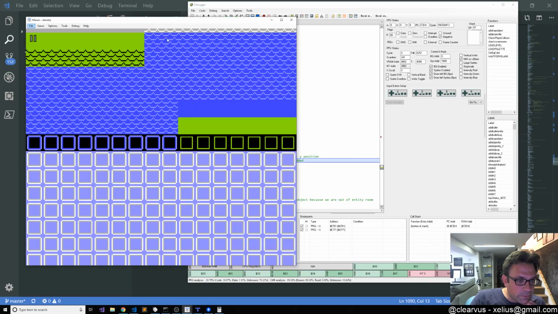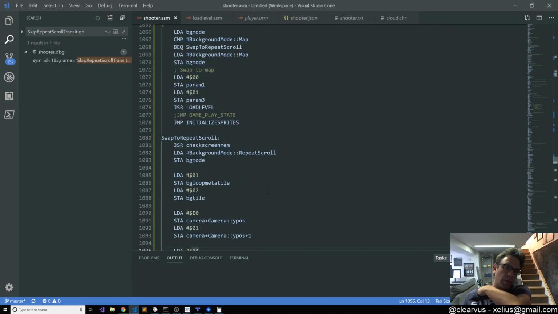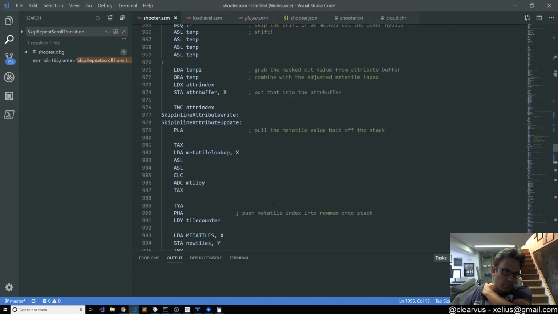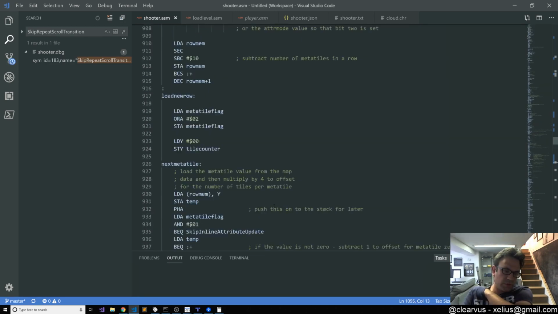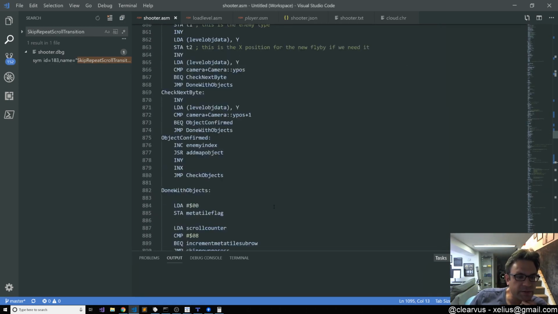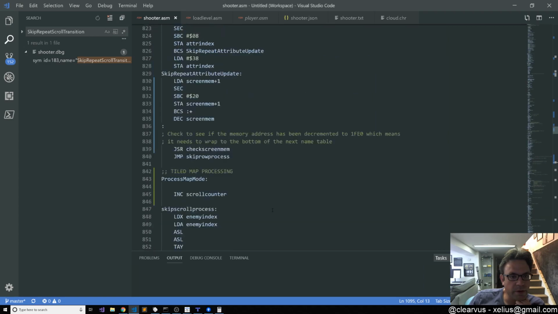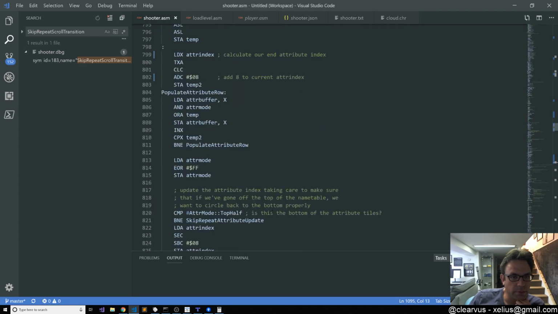I'm not sure what's going on here. I don't like that we're getting to a situation where scroll Y is not aligned with our 8 pixel offset,